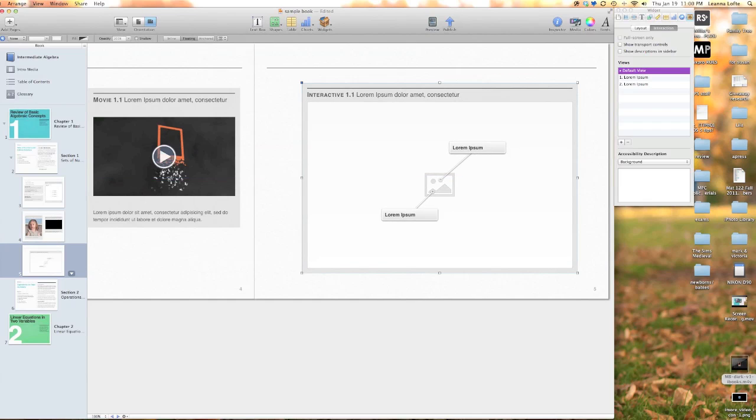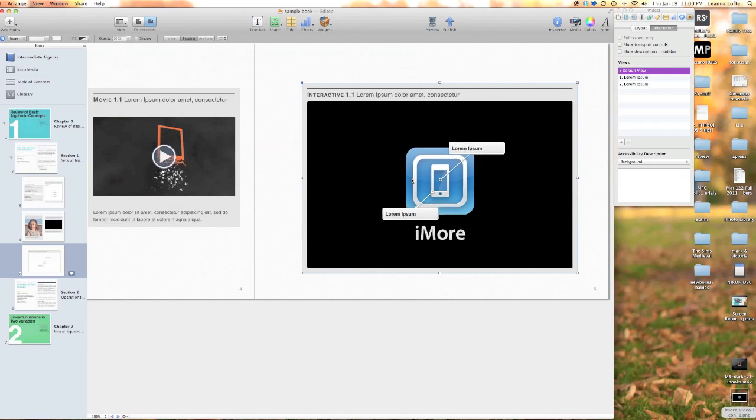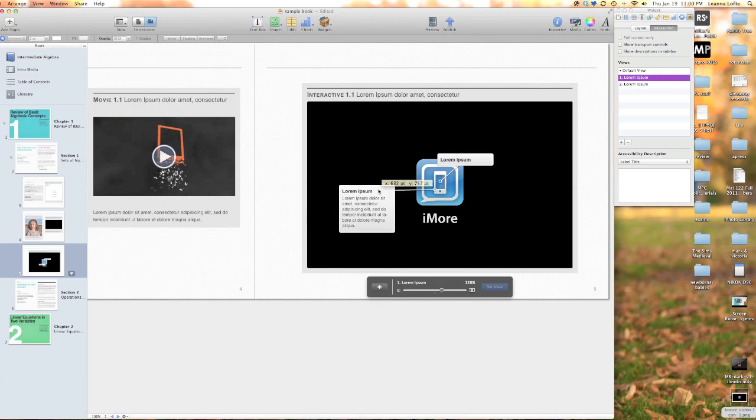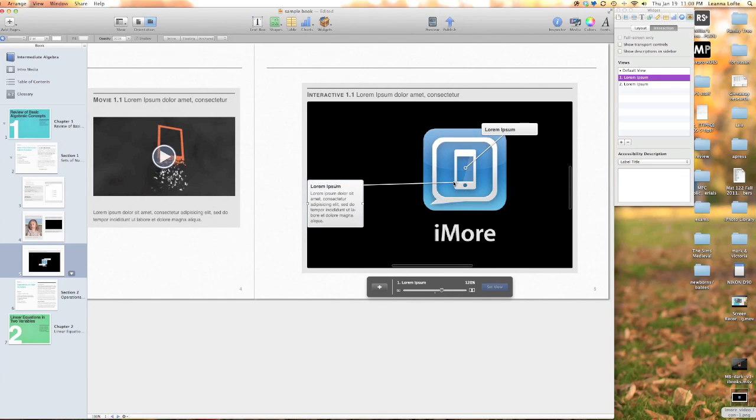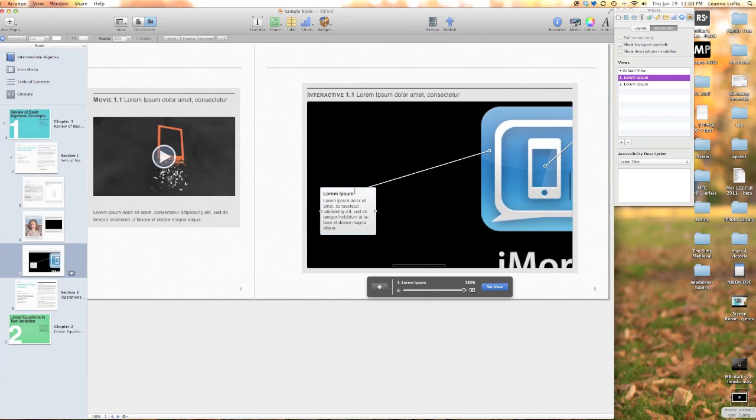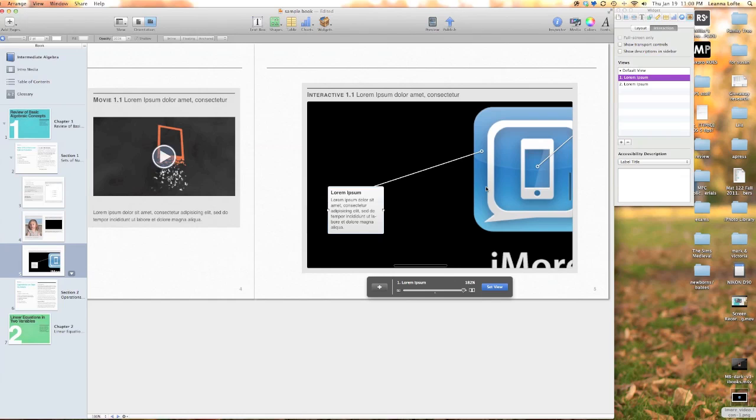And we will use the same image, iMore's logo, and you'll get a better idea of how this works after we look at this on the iPad. So I'm going to say this is one spot, and we're going to make it look like this. And I'm going to set the view. And now that that view is set,